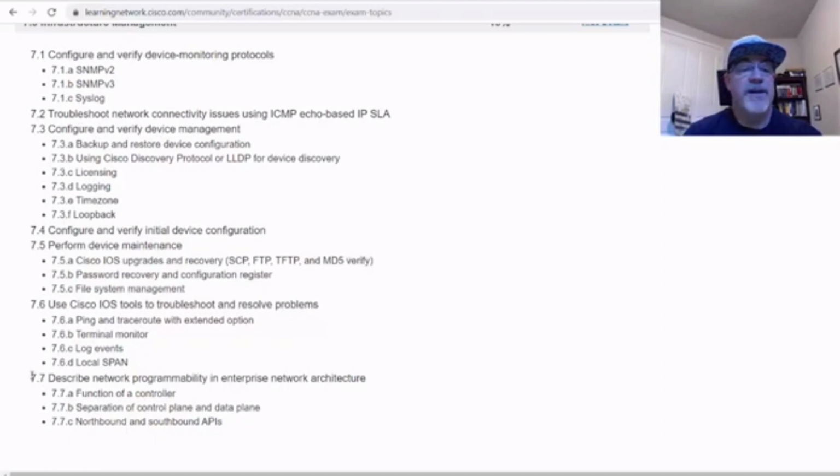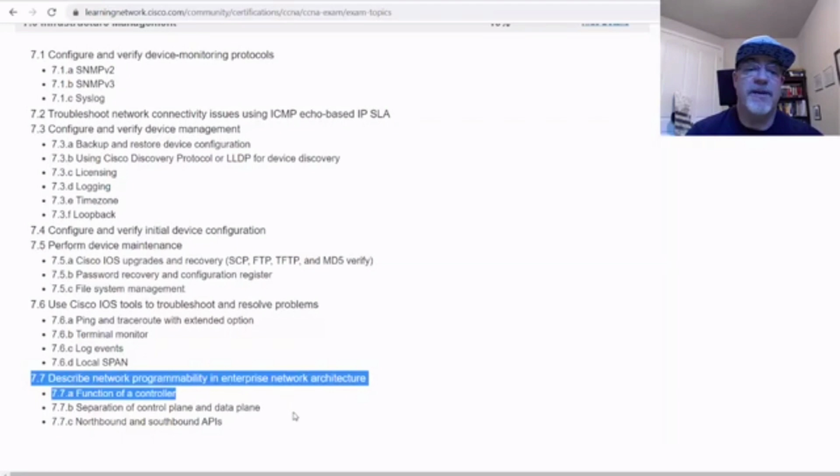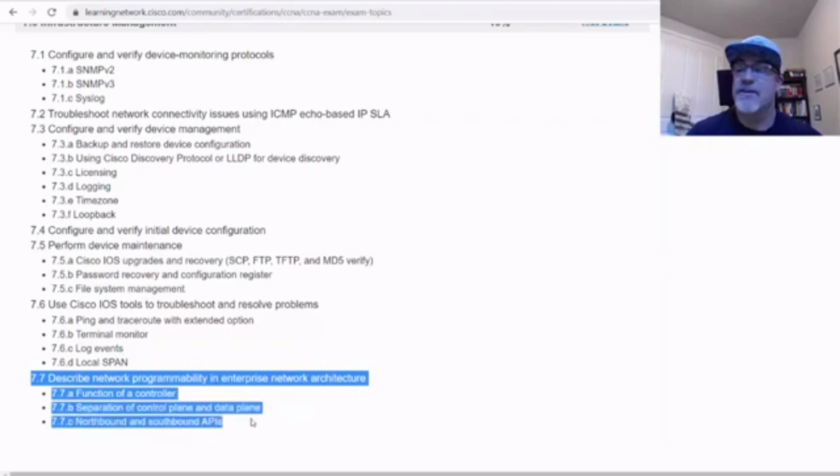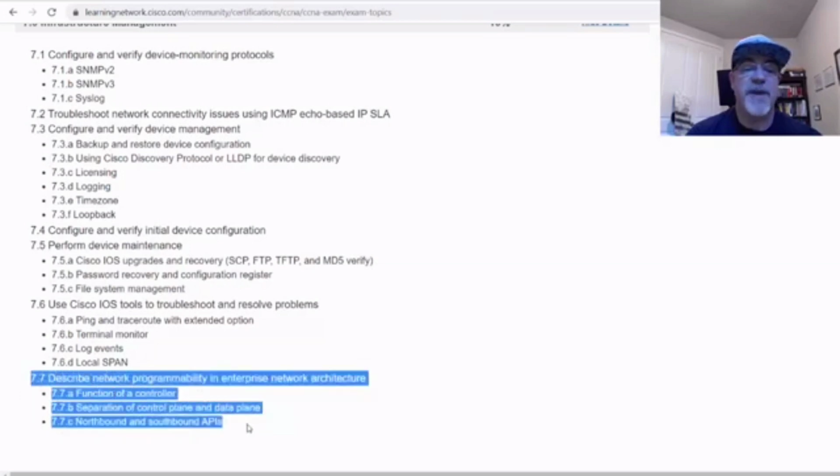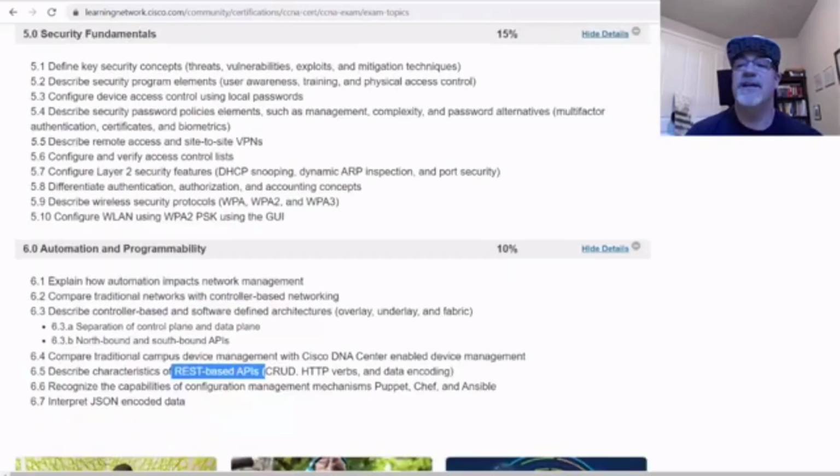Network programmability, this is where network programmability and network architectures, kind of software-defined networking, existed on the old CCNA, and you can see it's been really expanded upon in the new CCNA. It has its own section, automation and programmability, with multiple subsections. It's still only 10% of the overall CCNA, but it plays a bigger